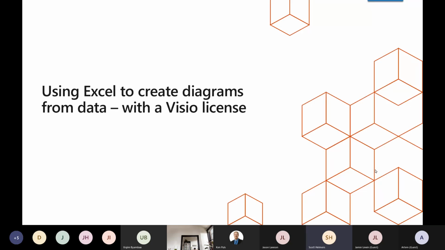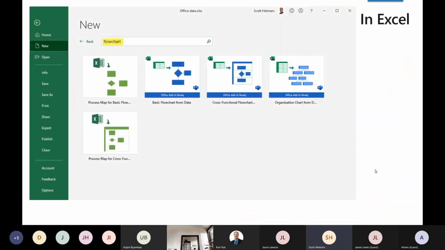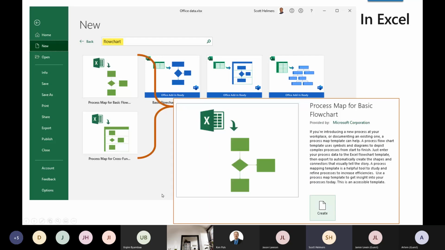What I do want to do is make sure that there's a couple of minutes here to talk about what happens when you're Excel-centric rather than Visio-centric, the way John Marshall and I may be in that latter category. Most of the rest of you perhaps are in the former category. So if you are starting in Excel, you can go to the search bar and type in flowchart on the new page, and you'll find at least these. There may be other templates that appear as well, but you will find two thumbnails over here on the left